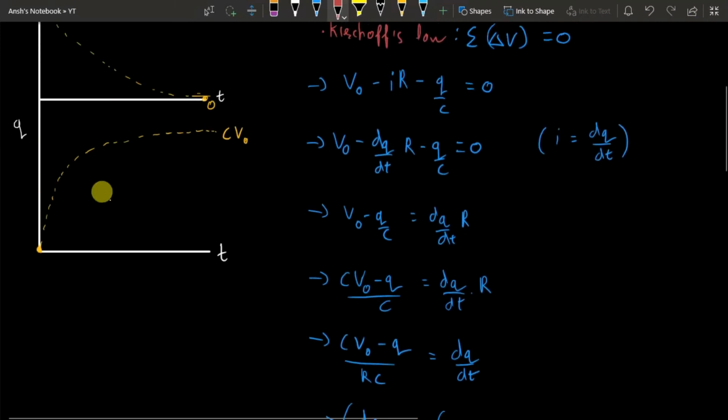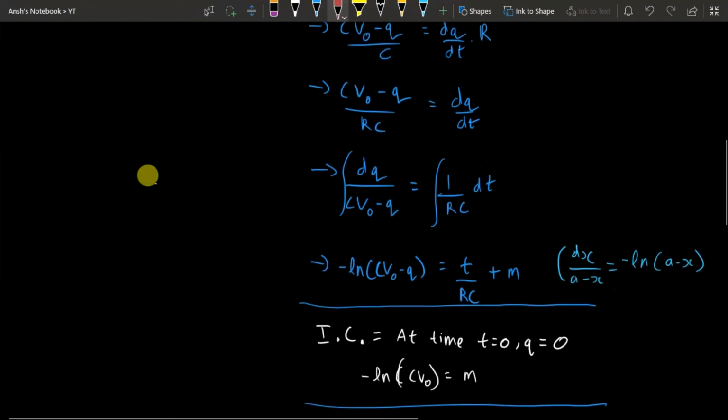So depending on their values, tau will determine how fast the charge rises in this circuit. If we have a small resistance and a small capacitor, this will rise very quickly, and for a large resistance and for a large capacitor, this will rise slowly. And it makes sense because larger resistance and larger capacitance will take more time to charge, and more resistance will allow less current to flow. So the charge will rise slowly in the circuit.